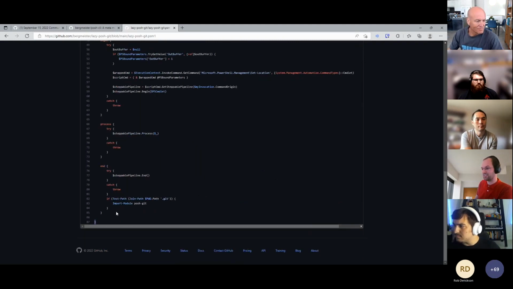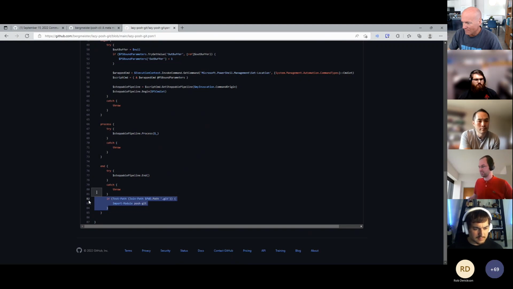And in this case, I just put a simple hook into the end block to import the module if it's needed. So you could use that in some way to extend a commandlet that might be external, and do some custom action, maybe some validation before it runs. There's many use cases. In this case, it just allowed me to do something quick without really having to do my own wrapper around it.